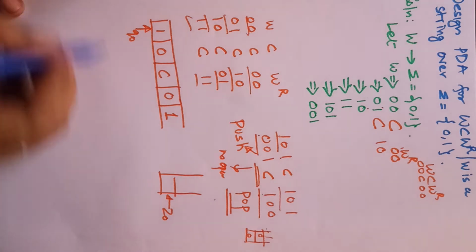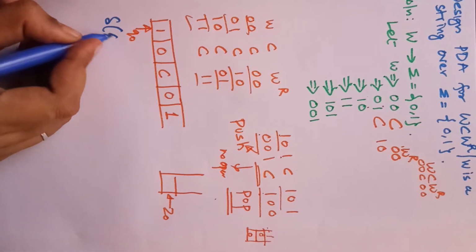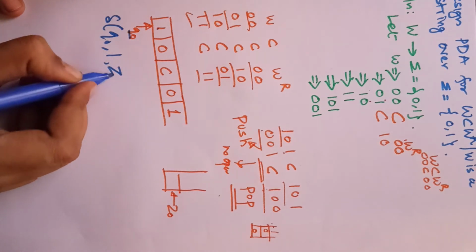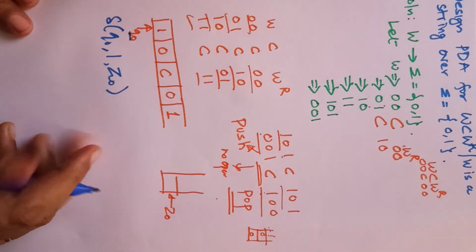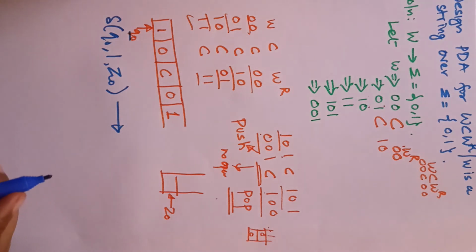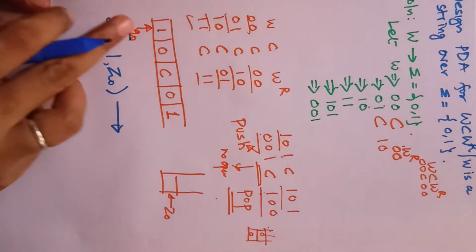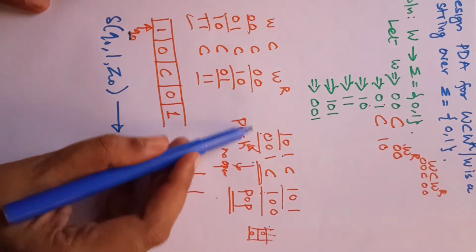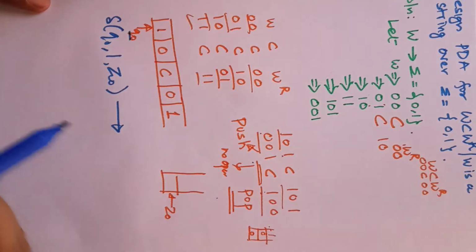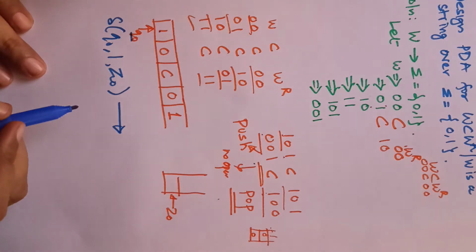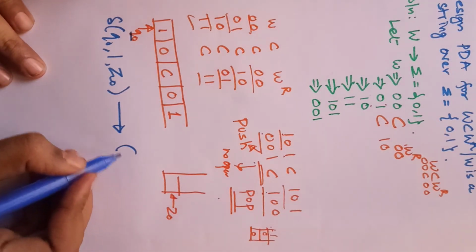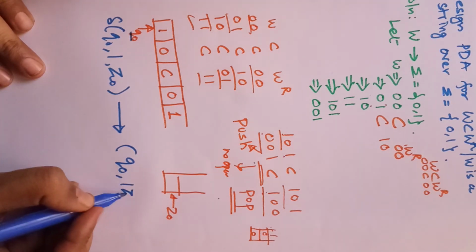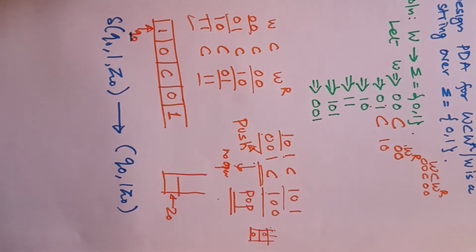How are we going to write the transitions? Transition of Q0 reading 1, with Z0 present on the top of the stack. What will be the resultant? What we actually want to do is put the symbol on the stack, as we decided: till C, whatever element that is W, I am going to push onto the stack. Do we want to change the state? No. So Q0, and we are going to write 1 Z0 together.